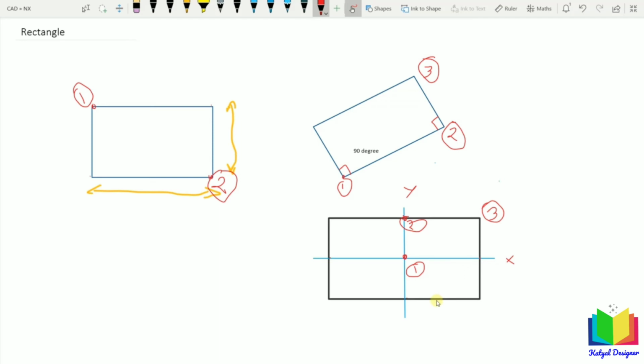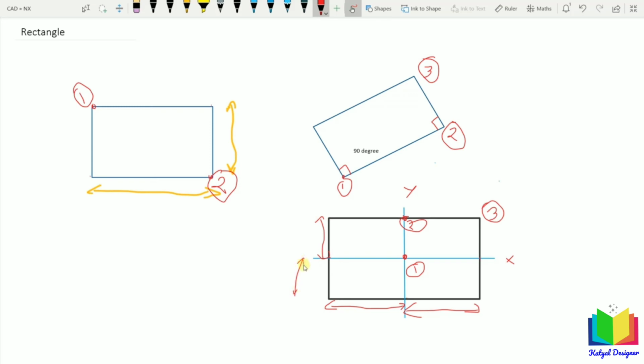So in this way we can specify this center rectangle, and in center rectangle the distance between here with respect to this axis will always be same. So this distance will always be same here. So that is why this is called center rectangle. This type of rectangle is always symmetric with respect to the datum axis. So again here this distance is always same. Similarly here.